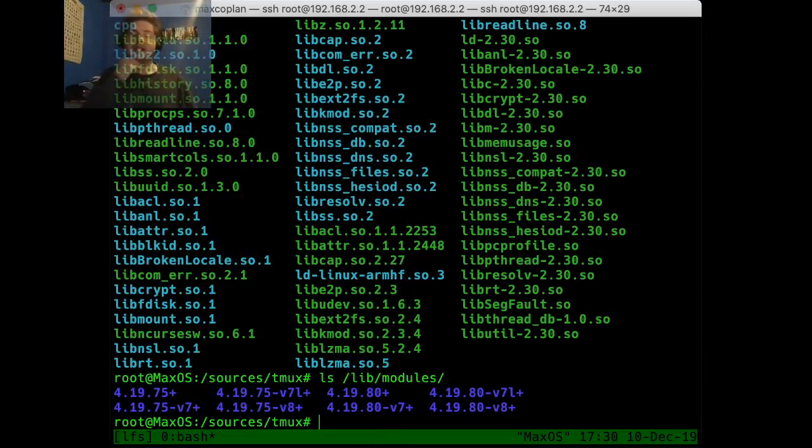So this is SSH. I'm not compiling things on this anymore. Well, now I have tmux. That's cool.